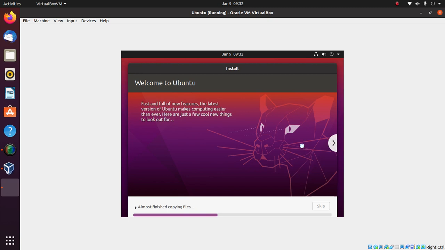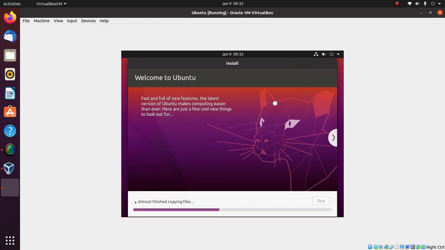Right. So now the Ubuntu installation has started. You can hold on and wait until the installation process is completed, or you can go and grab a cup of tea and then continue. But the important thing is it depends on your computer's processor.